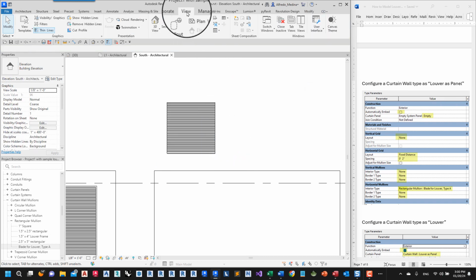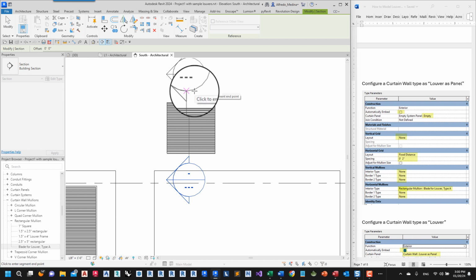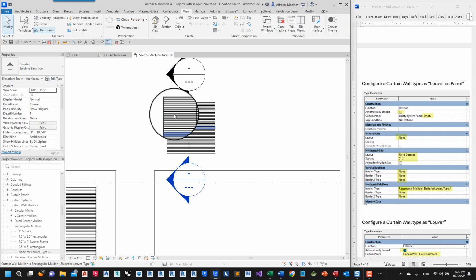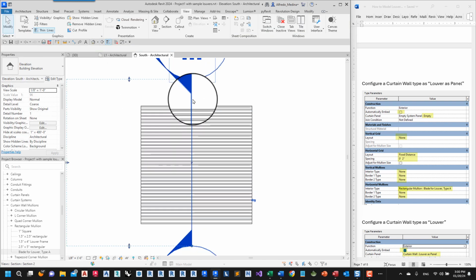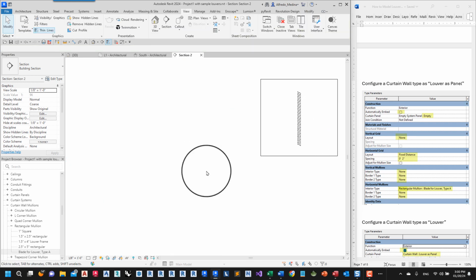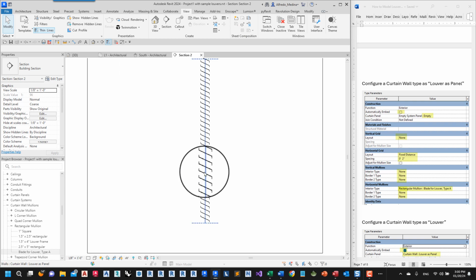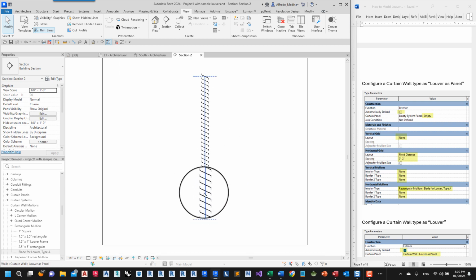If we go to a section view, let's do view section, and then we go to that section. We can see that this is the mullion that we did.